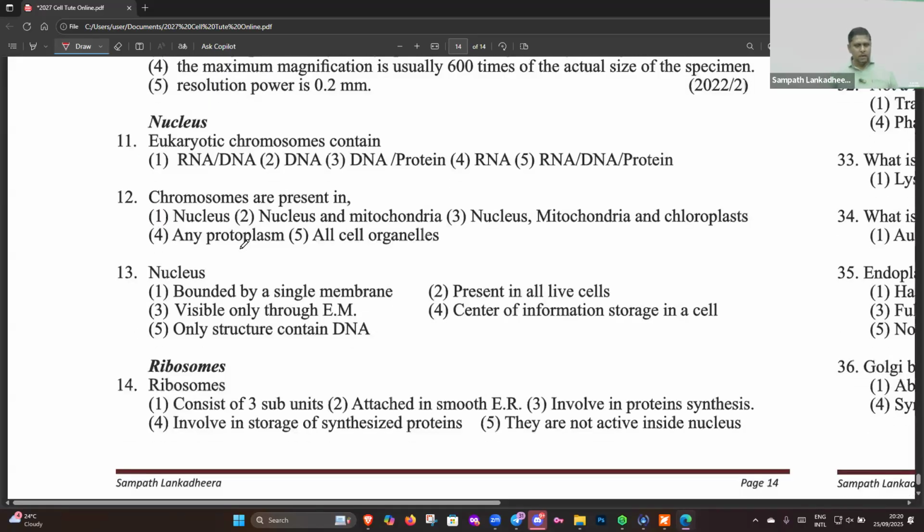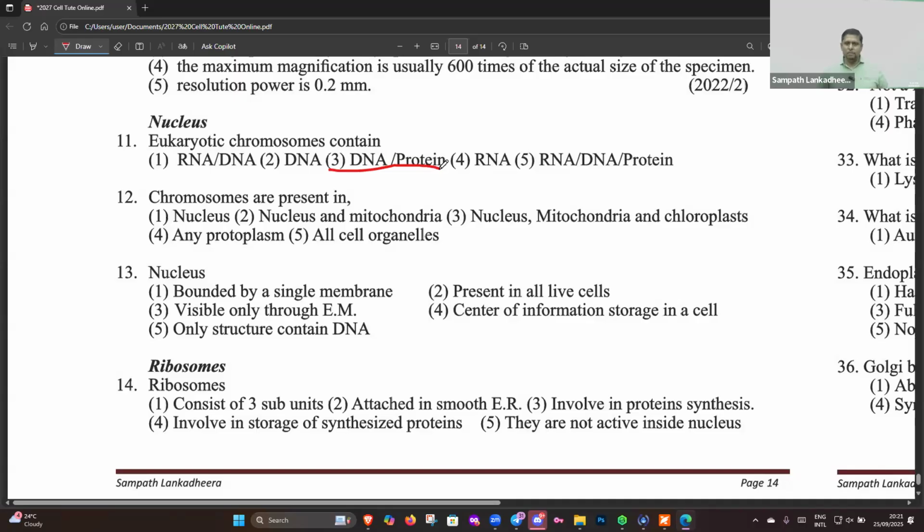Moving to question number 11: eukaryotic chromosomes in the nucleus contain... People, chromosomes of eukaryotes are made of what? Chromosomes contain DNA and protein. So why don't we take the third one as the answer? DNA and protein. Question number 12, people: chromosomes are present in